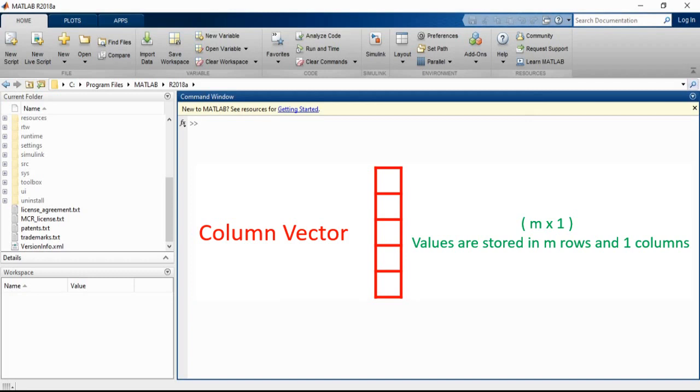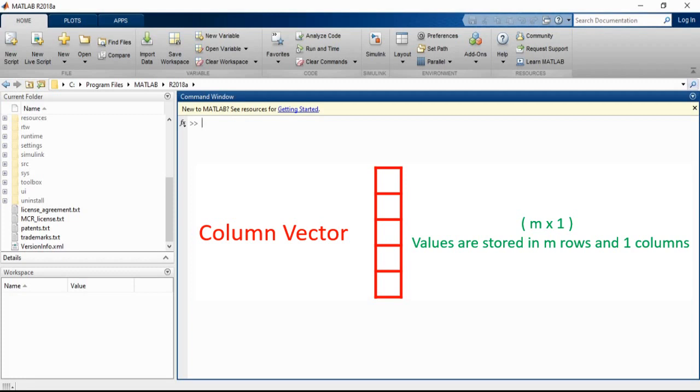Next, for the column vector, you can create n number of rows with only one column. That means an n by 1 matrix. In this one, you can store different values in different rows with only one column. So that is the difference between the row vector and the column vector.